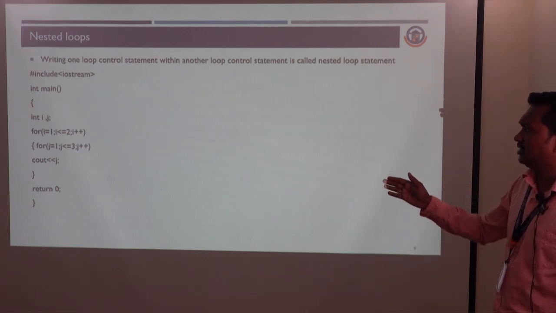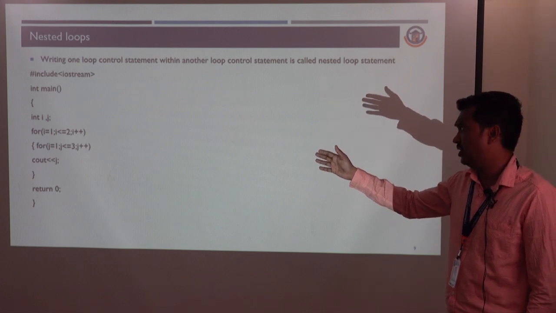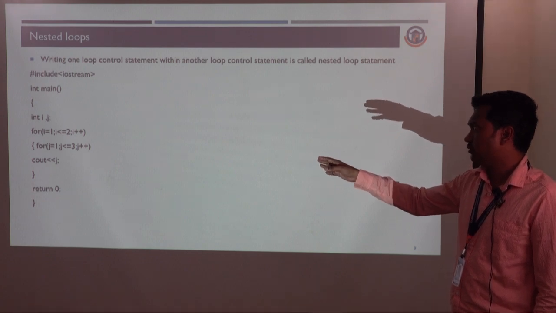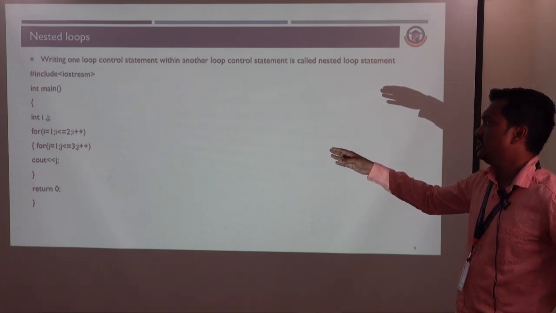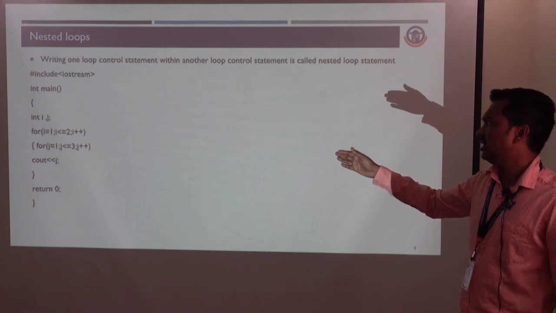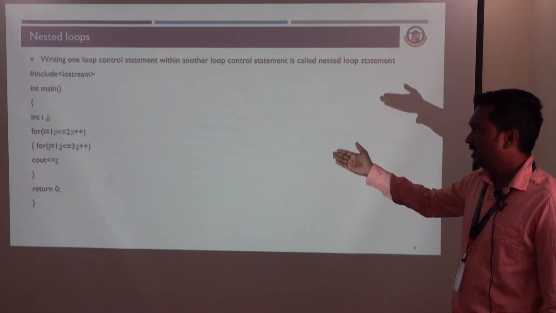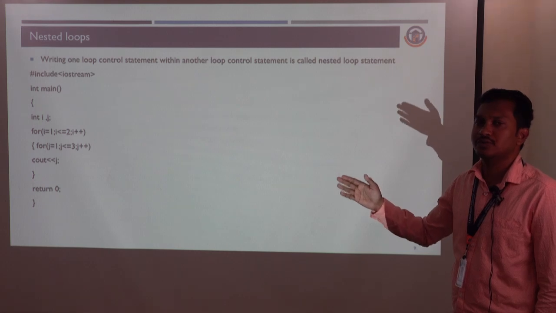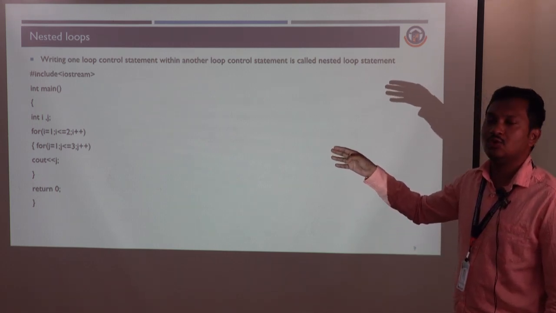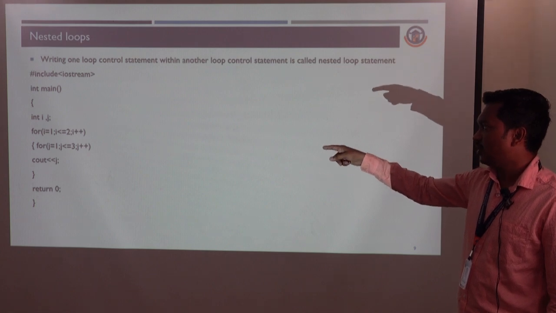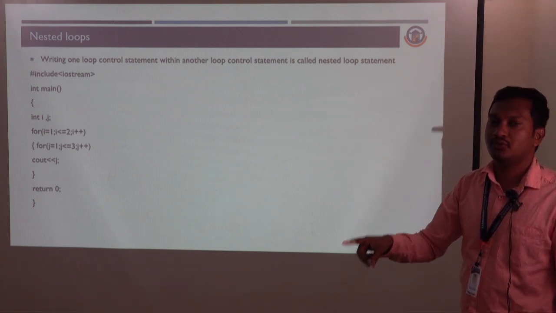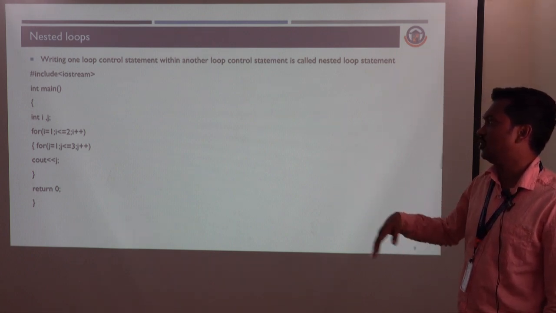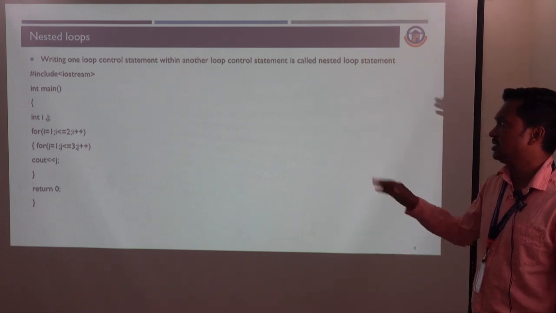So this is the example for the nested loop statement. In that we declare the variables i and j as integer data type. Then we use the for loop. Inside the for loop, i equal to 1, then check the condition, then use the increment operator, then again in the same way we use another for loop inside. That is the main thing we have to note in this statement. One for loop having more number of for loops is the concept of nested for loop. Then we print the value of j. So that is the nested for loop. Next,